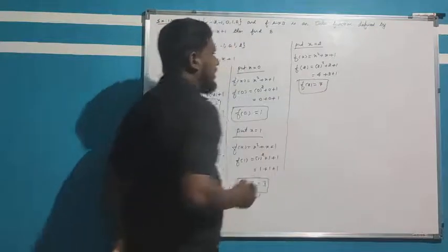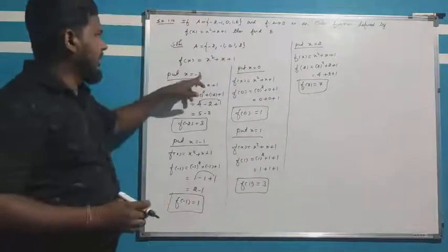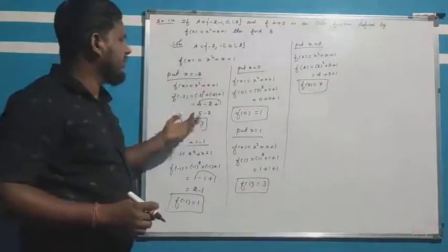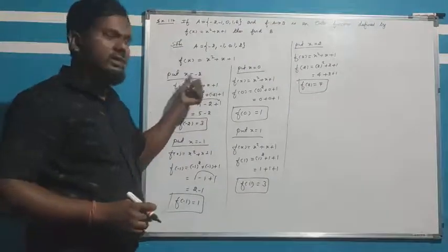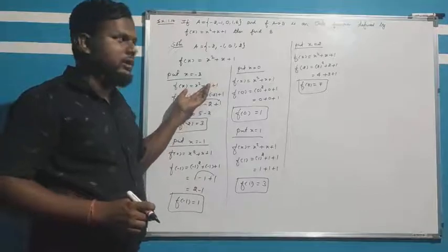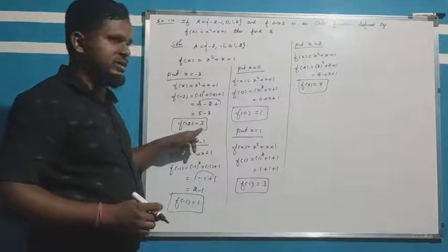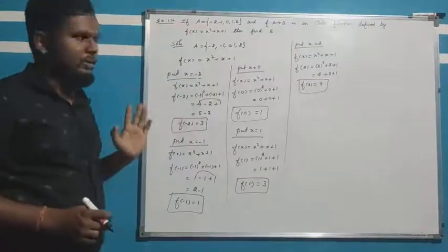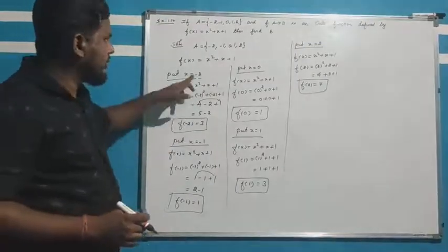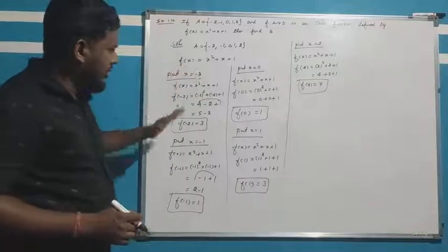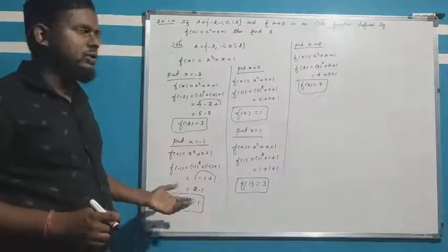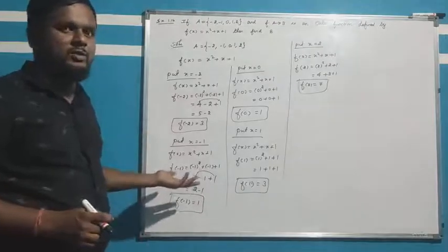If you take one element of the domain, that is the A set, we will get one image. Domain gives codomain. So what is the B set? The codomain only, in this codomain only we can consider the B set. And what is the range? Range will also come the same.